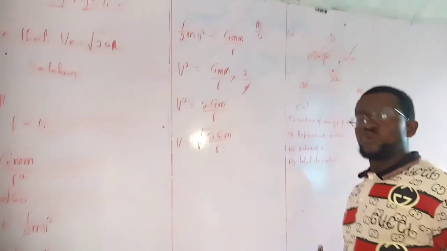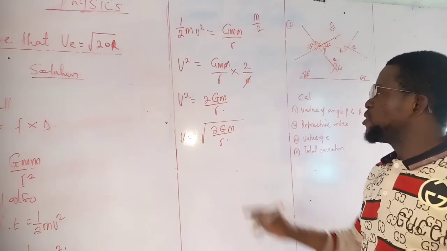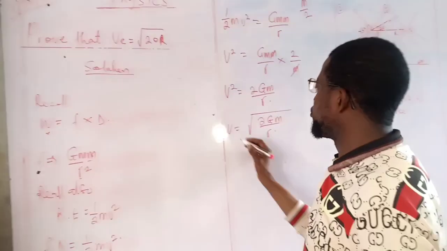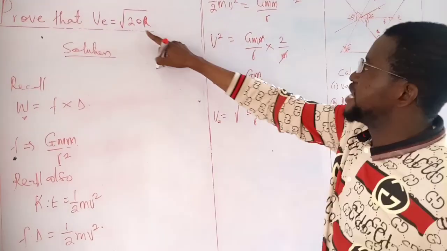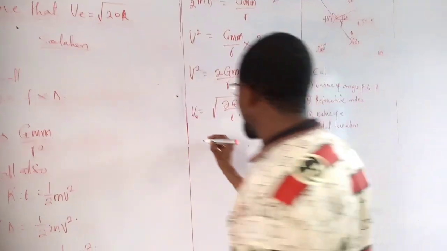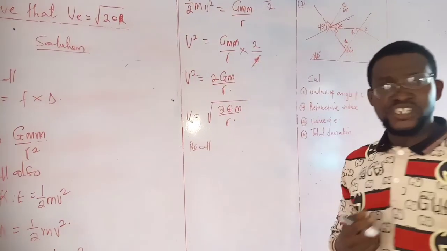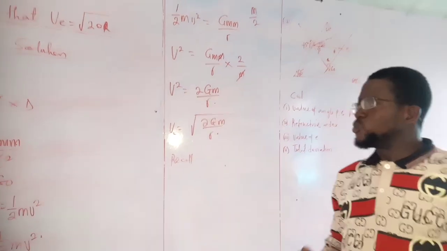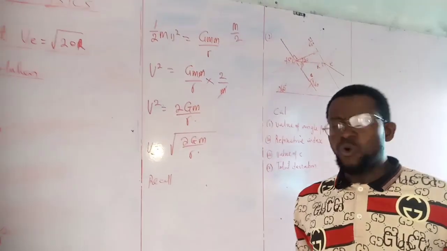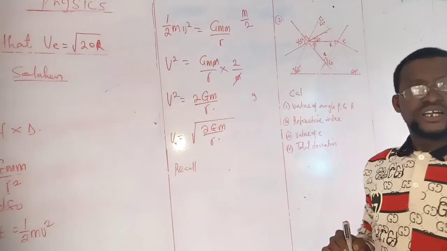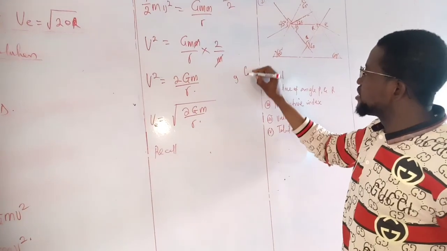R. Square root of 2gm over R. Don't forget what you are trying to prove is escape velocity, but yet you have not gotten this. Now we also recall that there is a relationship between small g, which is gravity, and capital G, which is gravitational constant. This is small g, acceleration due to gravity, and this is capital G,